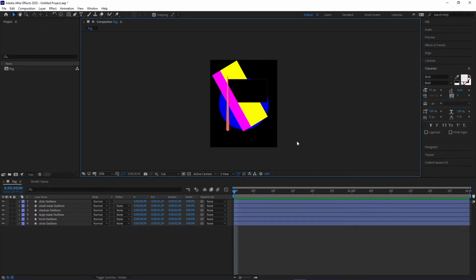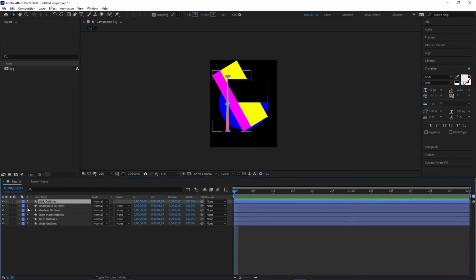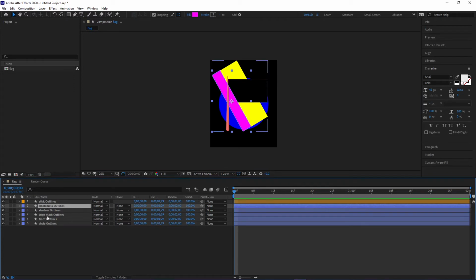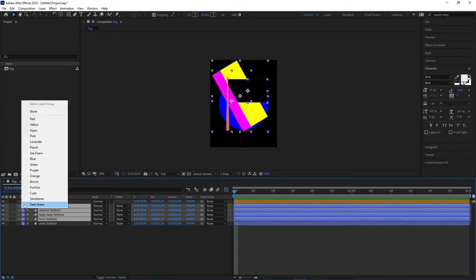Just before we start animating, it is important to make an order in the shapes we have created. Make sure all the layers are placed one below the other, in the desired order, and change the label color according to your convenience. I chose to divide all the shapes into 3 colors. The stick will be orange, the circle will be blue, and all other shapes of the fabric will be green.